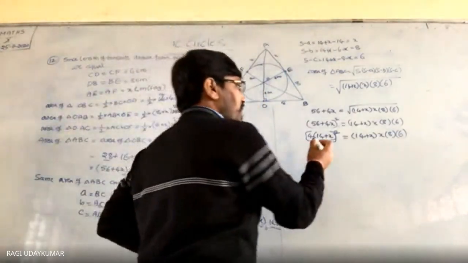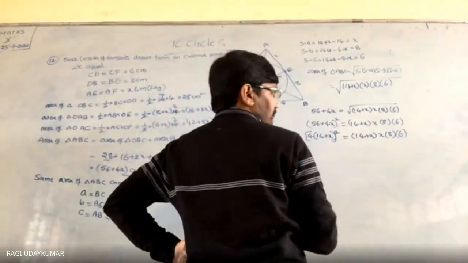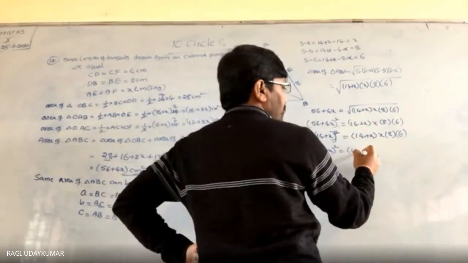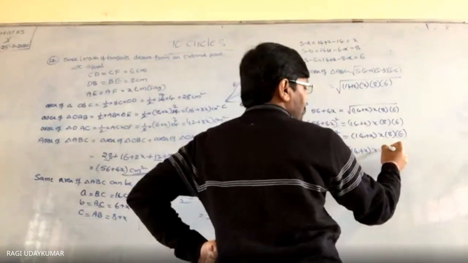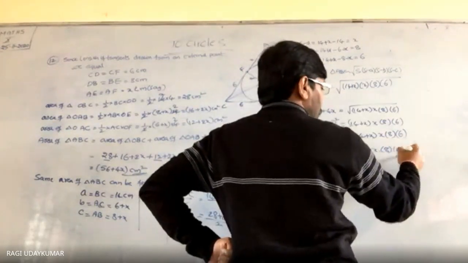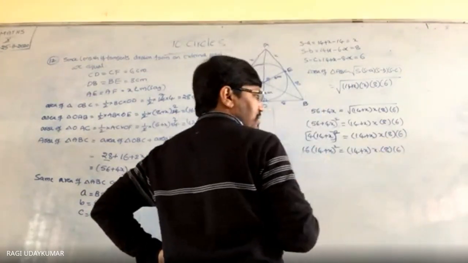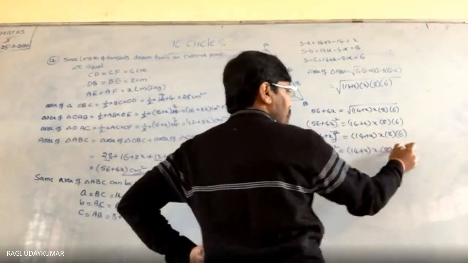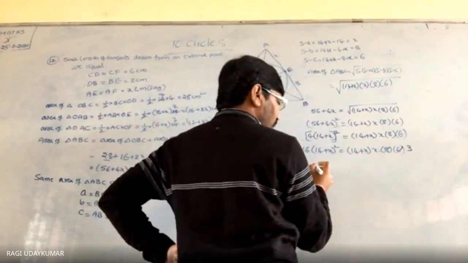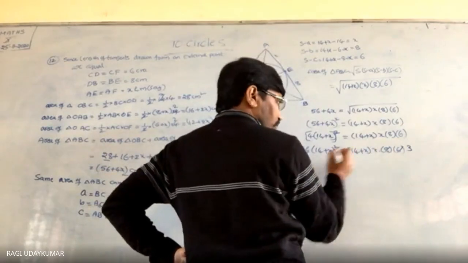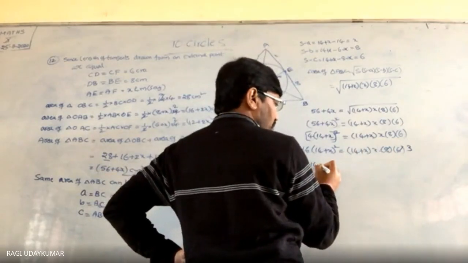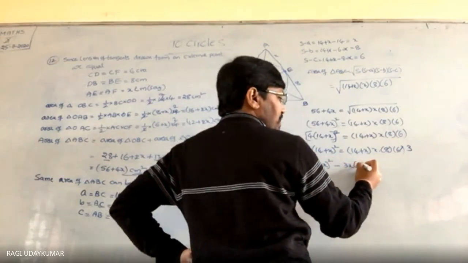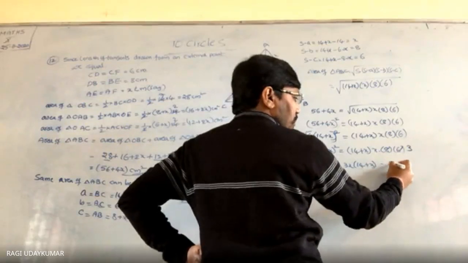Okay, so now what do you get here? 16 बाहर आ जाएगा. 14 plus x whole square is equal to, here also you get 14 plus x into 8 into 6. So 16 से cancel कर दो. 16 directly नहीं, पर 8 1 8, 2 2 1 2, 3. So we are going to get 3x into 14 plus x. So 14 plus x whole square minus 3x into 14 plus x is equal to 0.